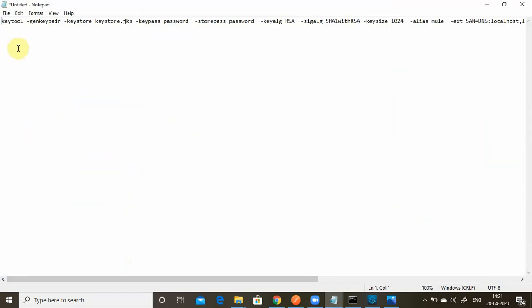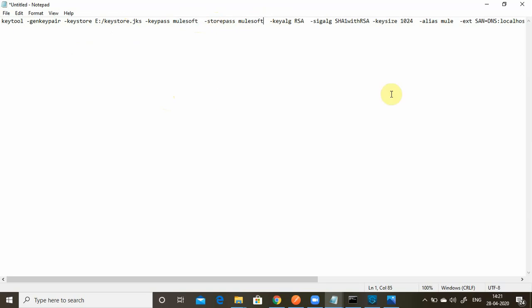You can use the keytool genkeypair command, and you give the location where you want to create the keystore, say in the E drive. You have to give the keystore password, that is MuleSoft, and the store pass.